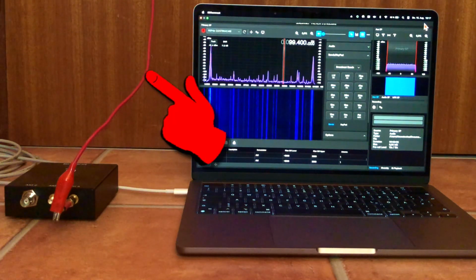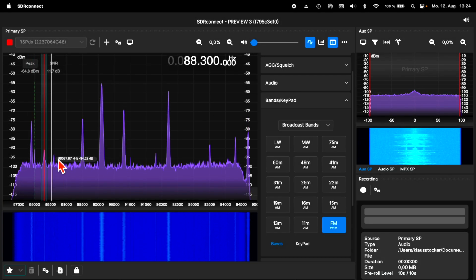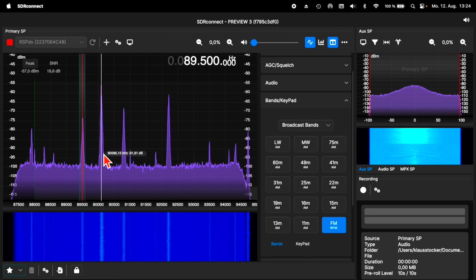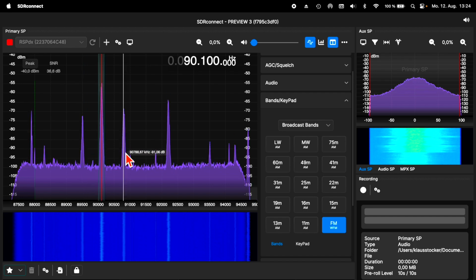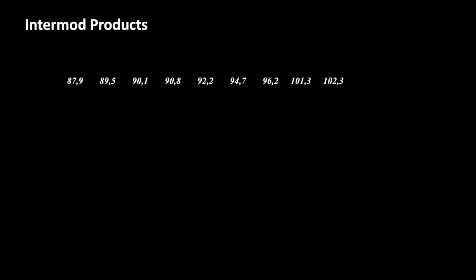A 75 cm lap cable makes a perfect antenna for the FM broadcast band. Practically all local FM radio stations are coming in, and I'm simply writing down the frequencies of the strong stations. From earlier episodes we know that 2 stations are theoretically causing 14 measurable products. With each additional station the number is growing exponentially. 12 stations are causing hundreds, and together with some weaker stations there are thousands.